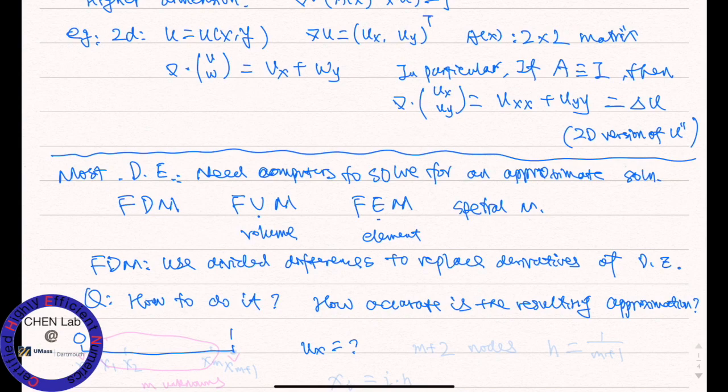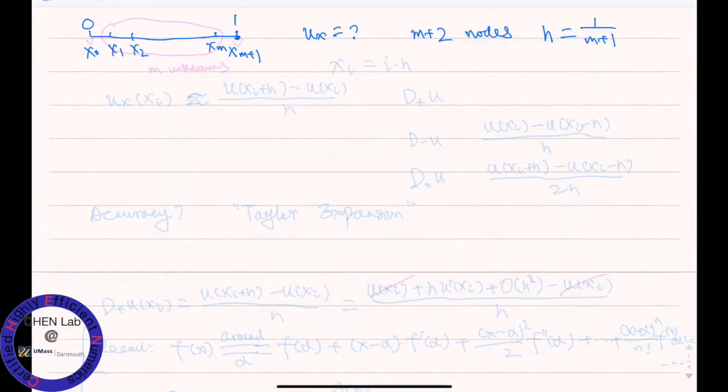Let's subdivide this interval into, I'm going to use slightly different notation, x0, x1, all the way to the end, which is x_{m+1}. So here is x_m, x2, and so on and so forth. We assume it's uniform. So we're going to use m plus 2 nodes, and the distance h is 1 over m plus 1. The x_i is equal to i times h, as we did. The reason to use this weird m plus 2 nodes instead of m nodes, of course m can be any number, so it's just notation,